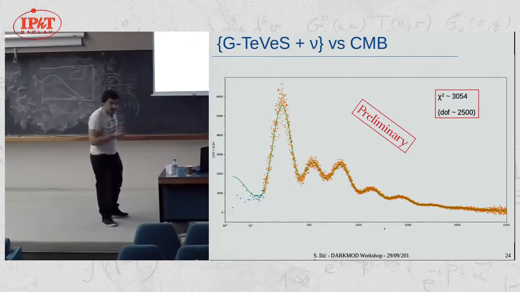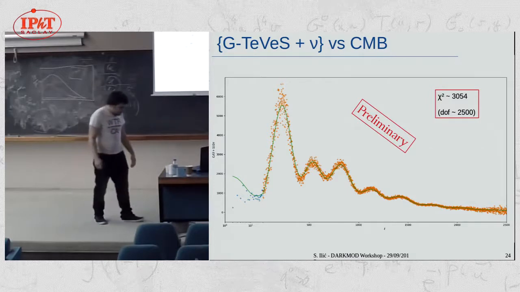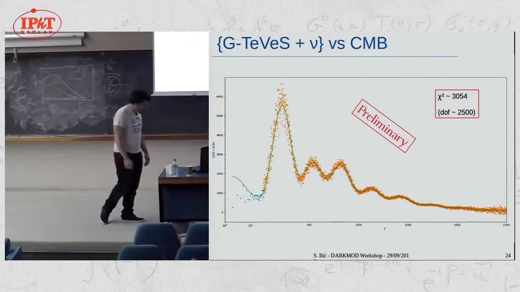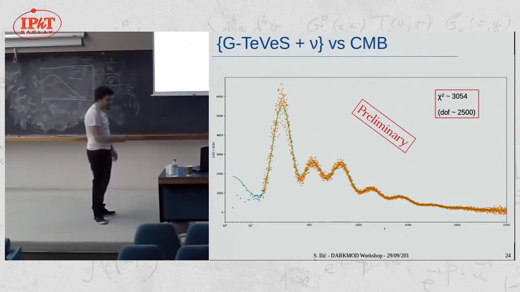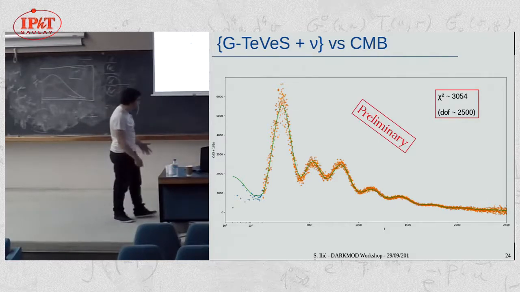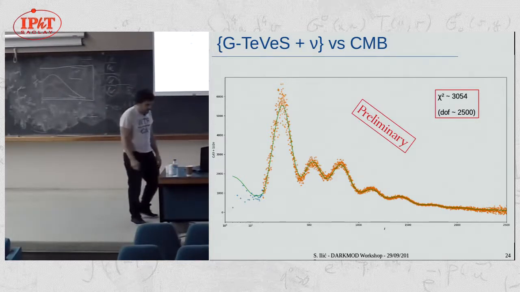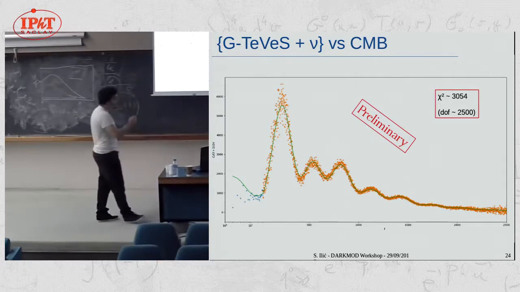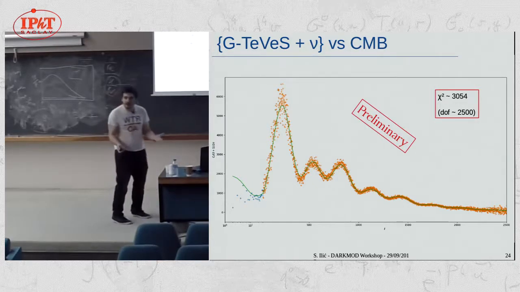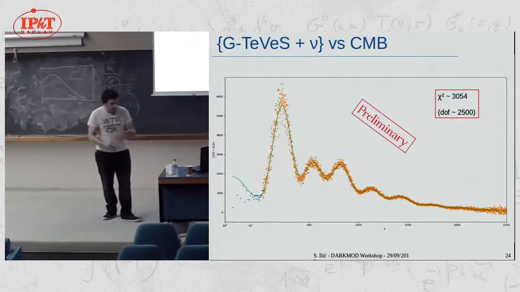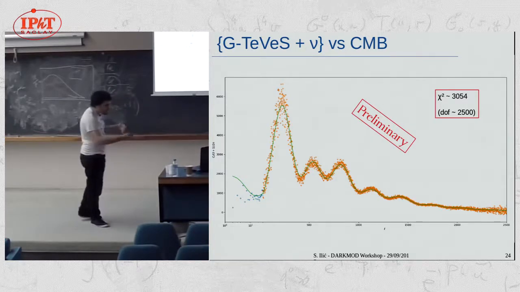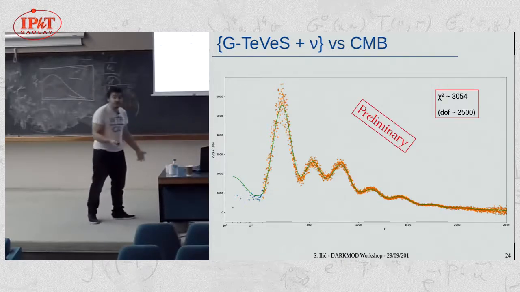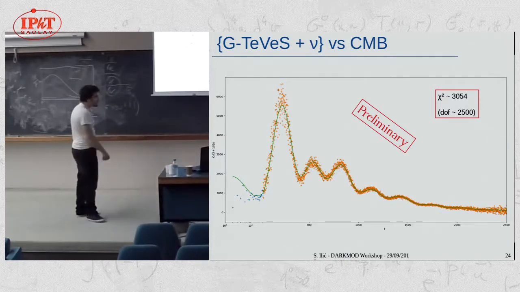This is very, very important given the fact that the fits here tend to prefer quite a high value of the scalar index ns, and it was the same in the general TeVeS model, and it helped. It actually helped a lot to consider those modes in TeVeS. So we'll do the same. And we might also consider some extra ingredients in the model, maybe not in the action itself, but in the form of an additional component, like, for example, a sterile neutrino, which might give interesting results too.